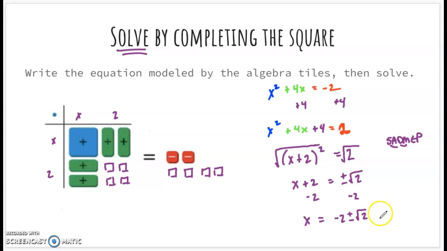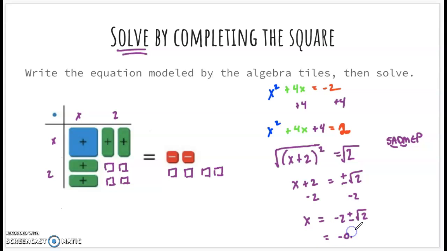And this is where you probably are going to grab your calculator and maybe just do some rounding. Sometimes you want to leave the answer exact, so you're very precise, but sometimes you just want to round it, right? So our square root of 2, that's about 1.4, right? So negative 2 plus the square root of 2 is going to give us